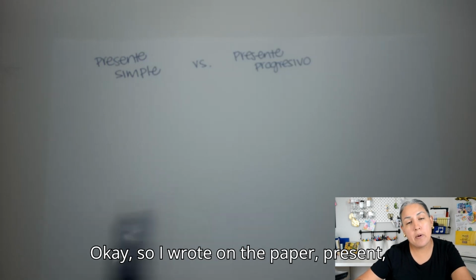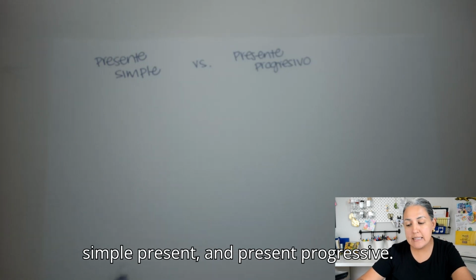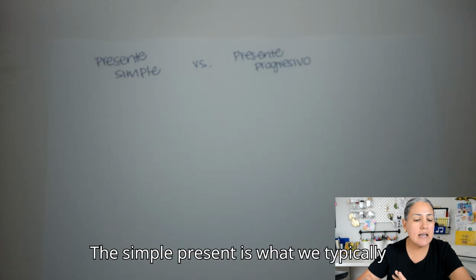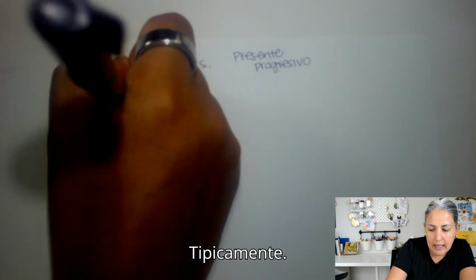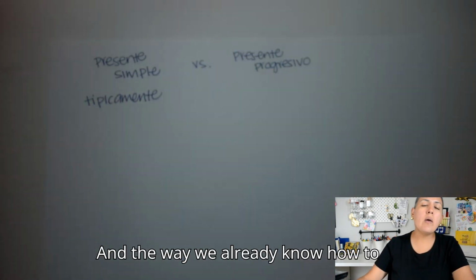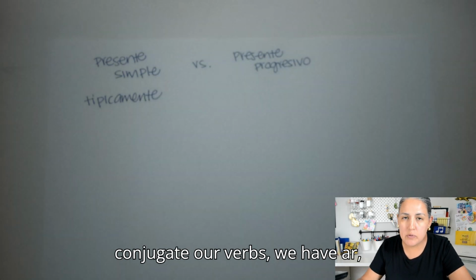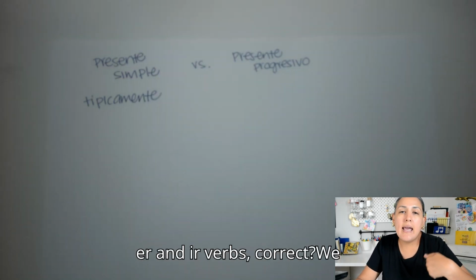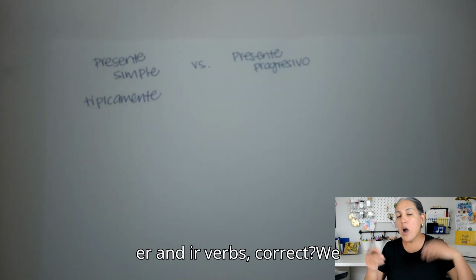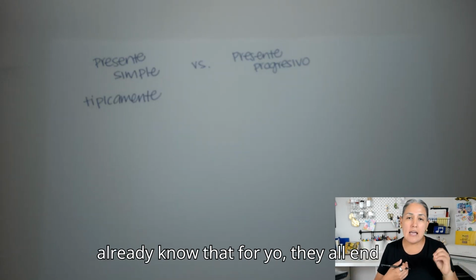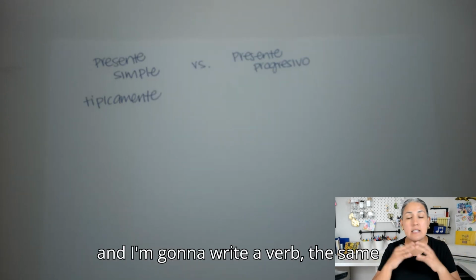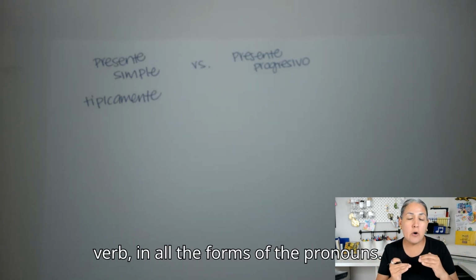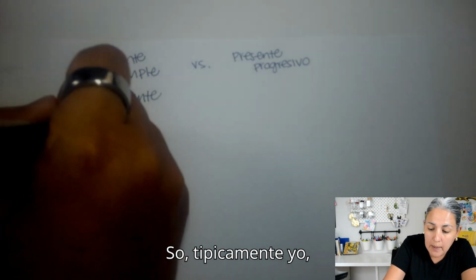Okay, so I wrote on the paper, present, simple present, and present progressive. The simple present is what we typically do. Típicamente. Típicamente. And the way we already know how to conjugate our verbs. We have AR, ER, and IR verbs, correct? We already know that for yo, they all end with an O. So I'm going to make the chart, and I'm going to write the same verb in all the forms of the pronoun. So, típicamente yo